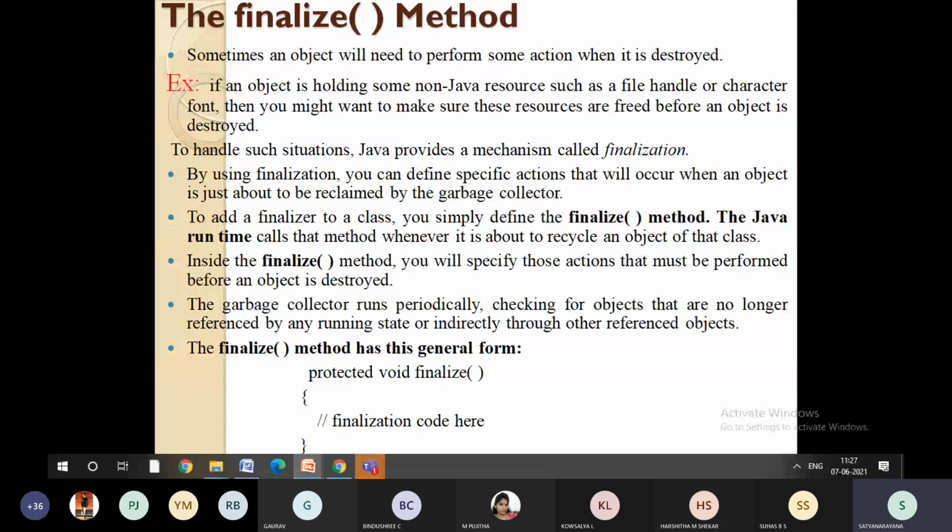So the moment you mention it in the finalize method, the compiler will understand that, okay, this object is not required, but they still need to do some process. Let them finish that process, then I'll deallocate the memory. That means once the compiler feels that it needs to destroy the object, if you mention the finalize method, it will execute the finalize method, then it will destroy the object.